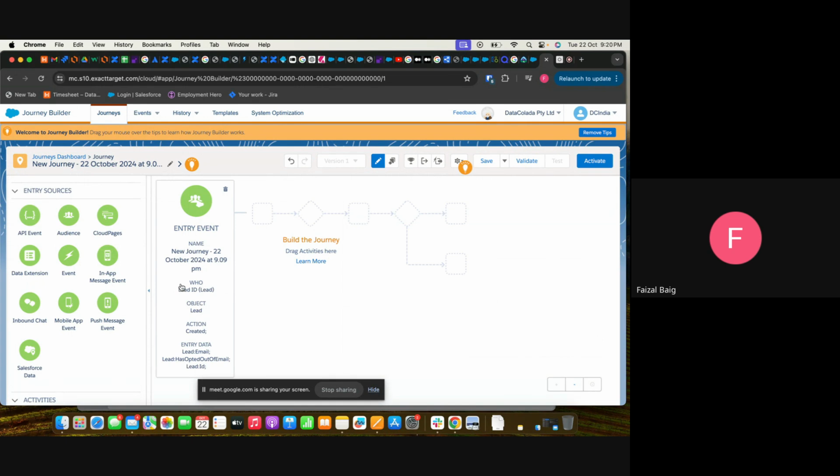Now the main thing behind Salesforce data and journey is that first, we don't have to create a data extension. Once we add the Salesforce data here, we need to add the name here. This name will decide what the data extension is.